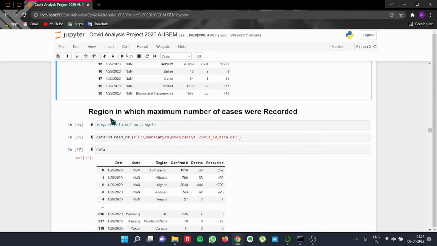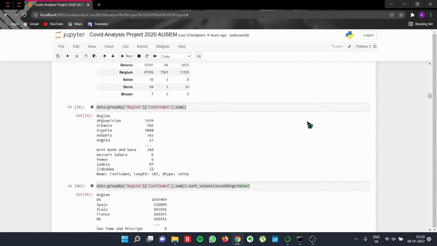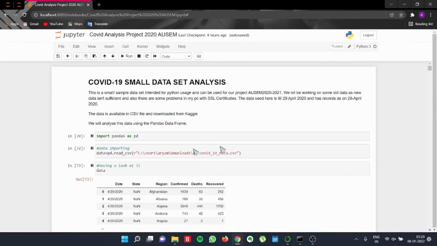Now the next question is the region in which the maximum number of cases were recorded. So we are now progressing towards the next question that was provided to us. For the next question, it is not stated that we should do this analysis on the previously modified data, so we have to execute the first cell again,